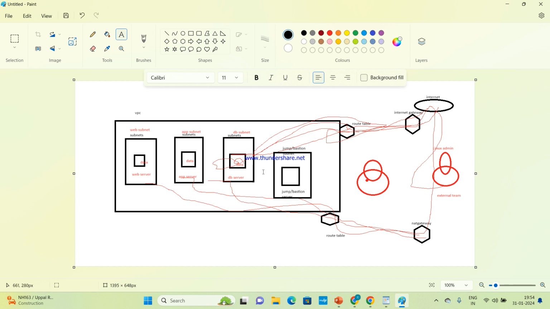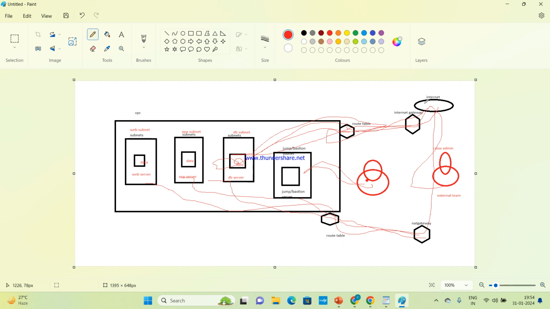So this will be an empty server. If a hacker wants to hack through the internet, he will hack this server, but this server will be empty. Meanwhile, everyone will know that a hacker hacked the jump server. So how was he able to hack?